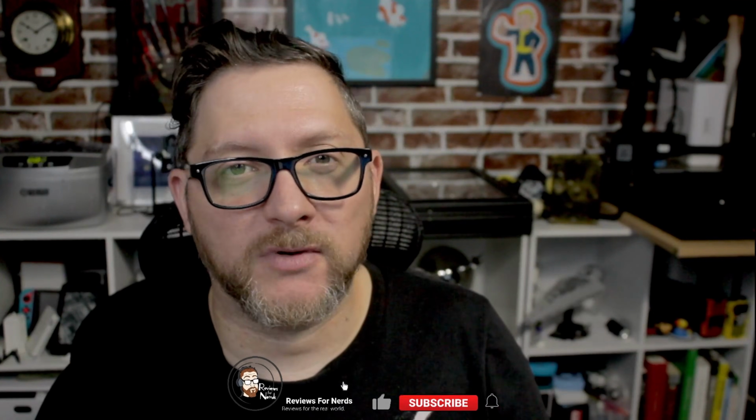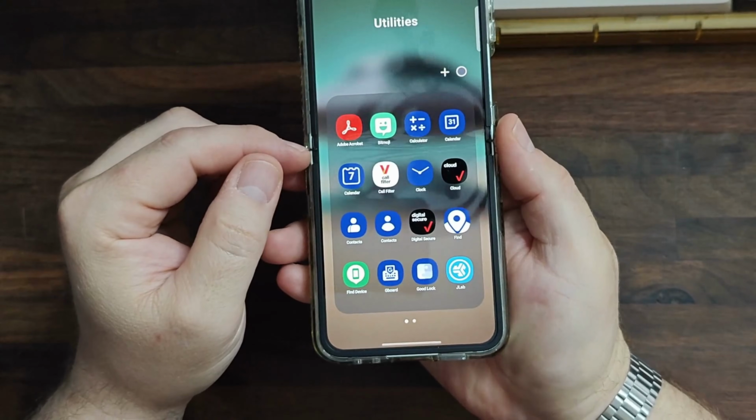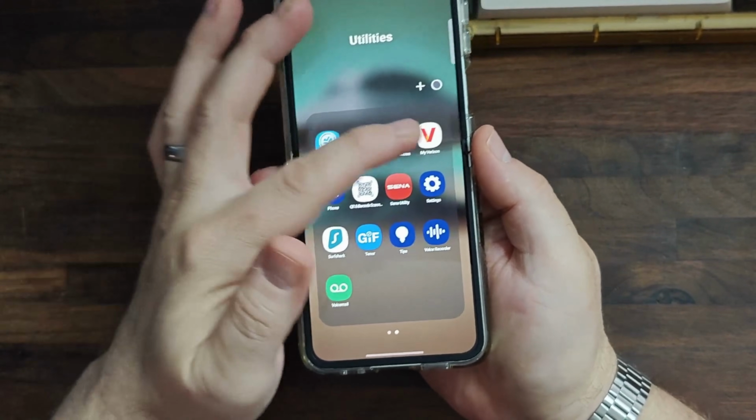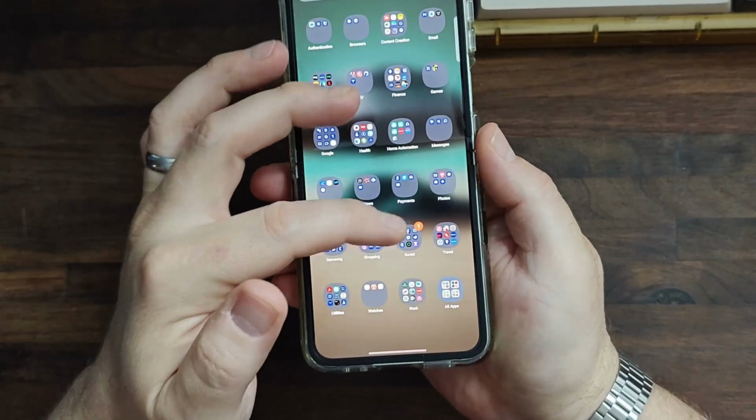The next real big difference between a factory unlocked phone and a phone you would pick up from a large carrier is going to be the carrier's bloatware. Now, what do I mean by that? Well, in the case of my Verizon phone, there were several different applications that were Verizon branded. There were several different games that it had automatically installed, and there was an automatic install of Facebook. Now, at the time of me purchasing the Z Flip 6, I did not have a Facebook account,